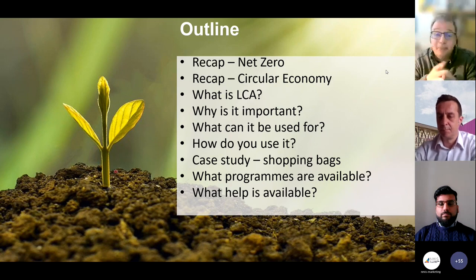Why should we bother doing it? I mean, is it any use? Does it help us out as a company, as any organization, to know where we are? Is it just another metric which is meaningless? So this is something which we will discuss before showing how it's used and going through case studies, in particular